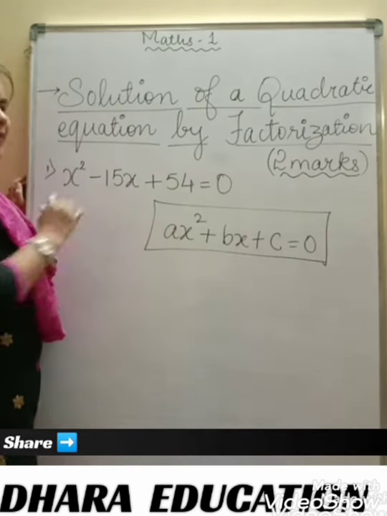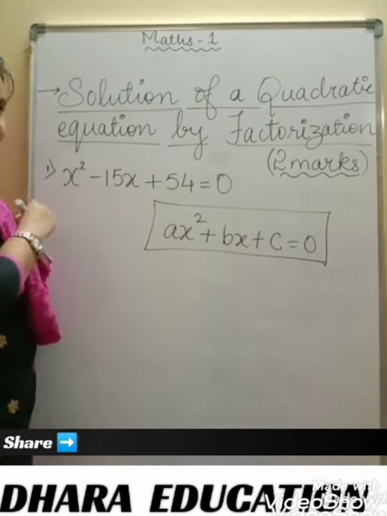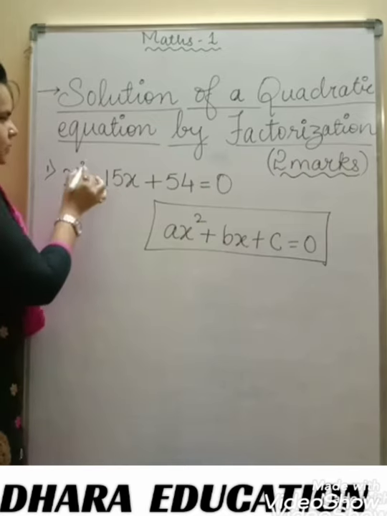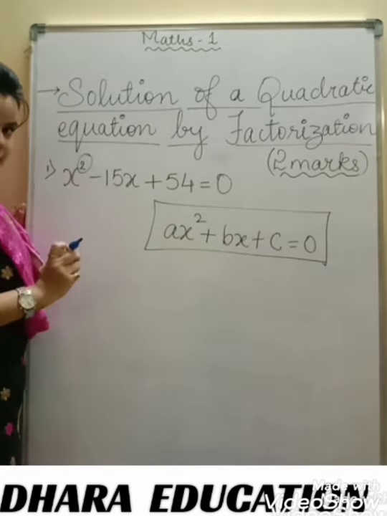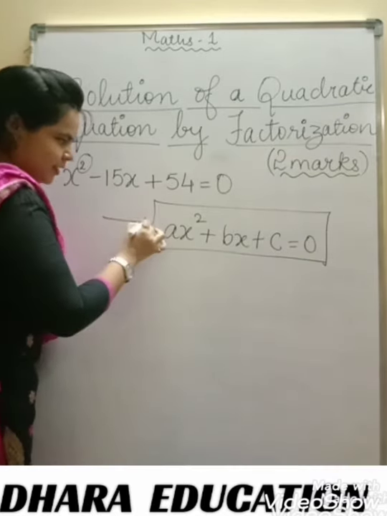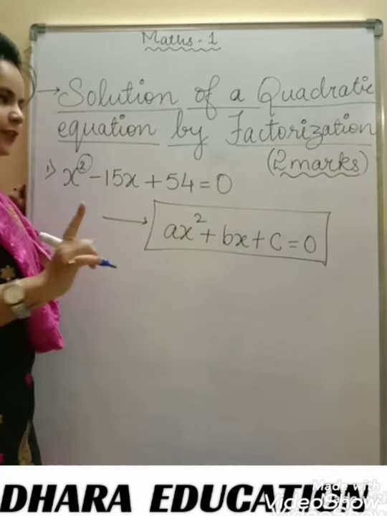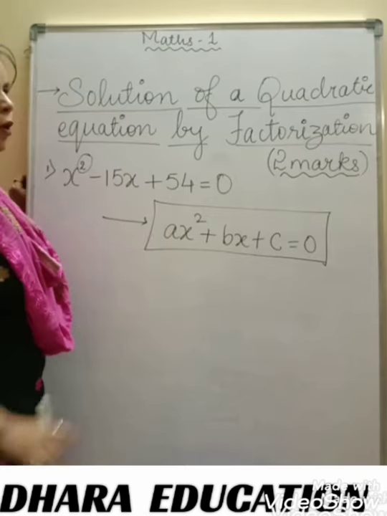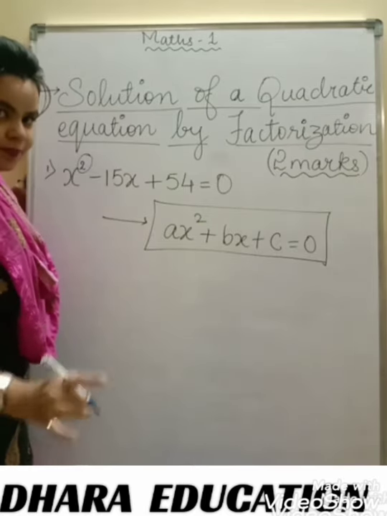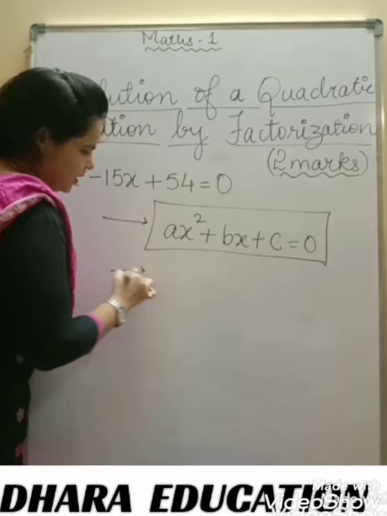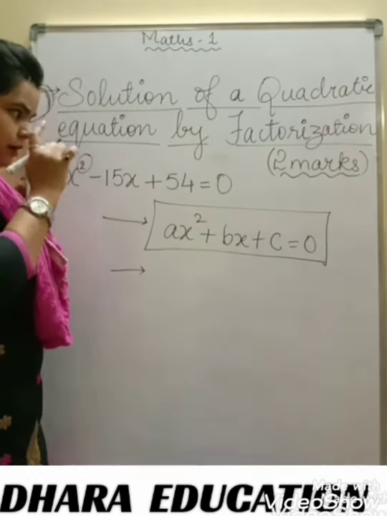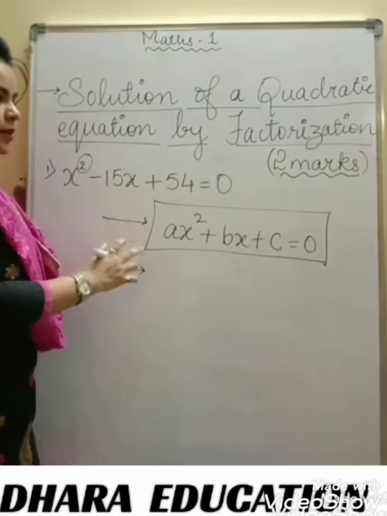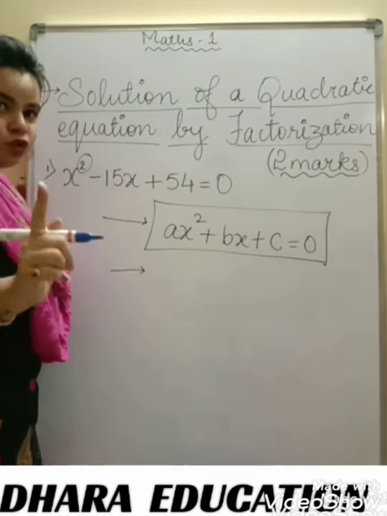Is it equal to the standard form? Let's see how we can compare the things. Here the index value of variable x is 2. Our first important thing is to identify whether the question is given in the standard form of the quadratic equation or not. Our second very important point was that the index number of that particular standard form should be maximum 2.